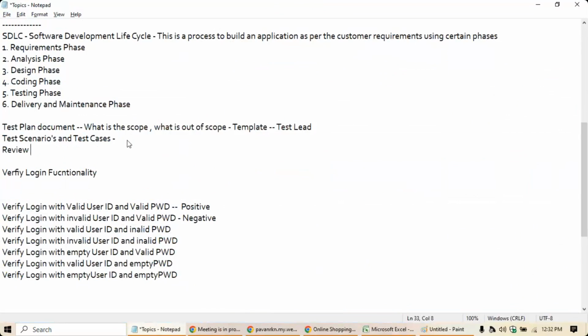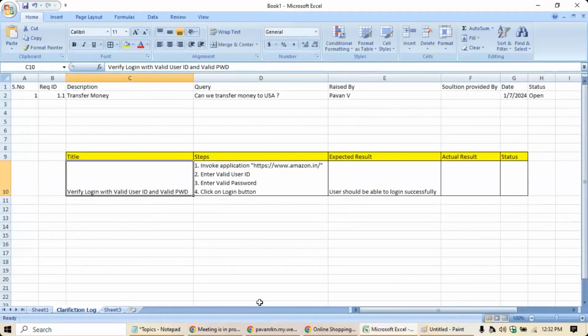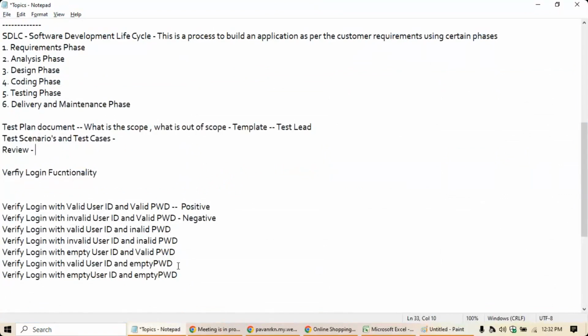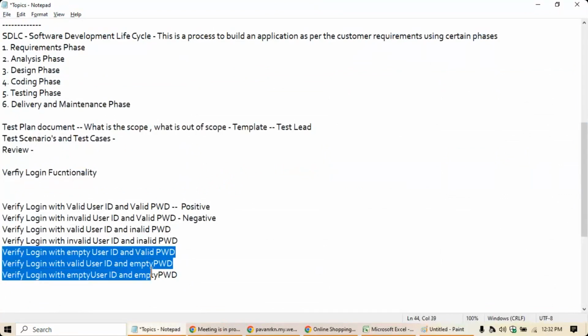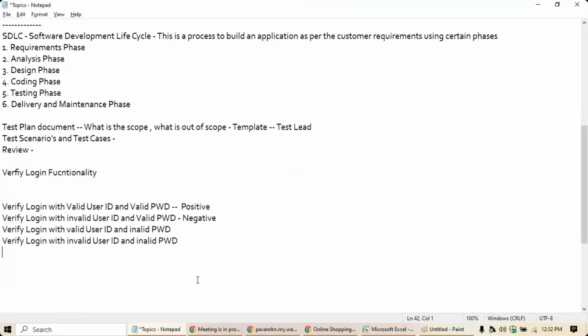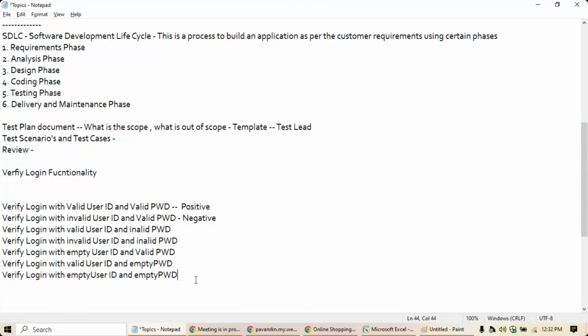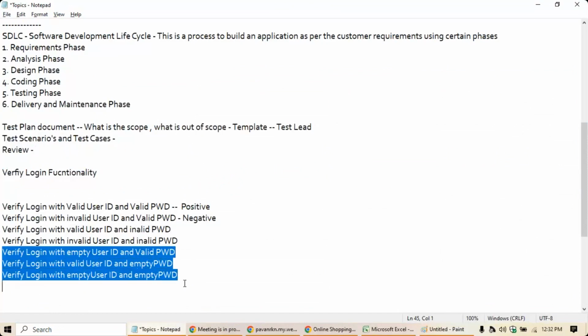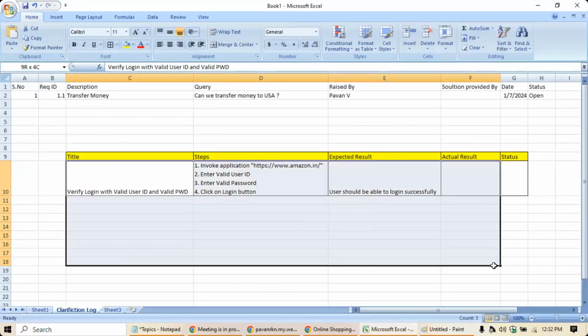What do you mean by review? Review means another person will review your test cases for any mistakes, and check what you have covered. Let us say you wrote only till this point and did not write the other things, then they may say that you can add these scenarios also, these test cases also, to test that particular functionality. At that time you will be adding all those test cases here